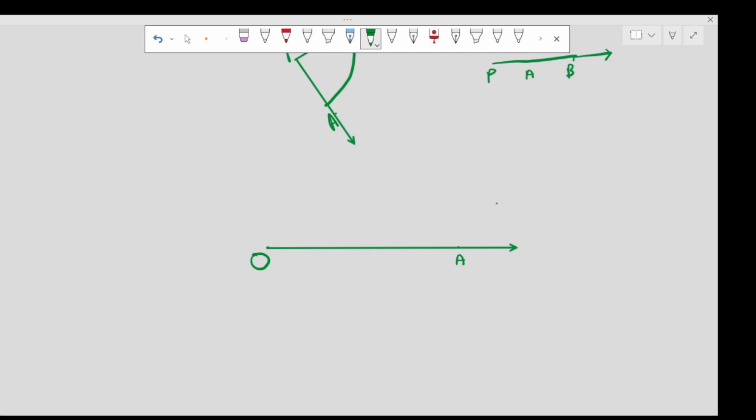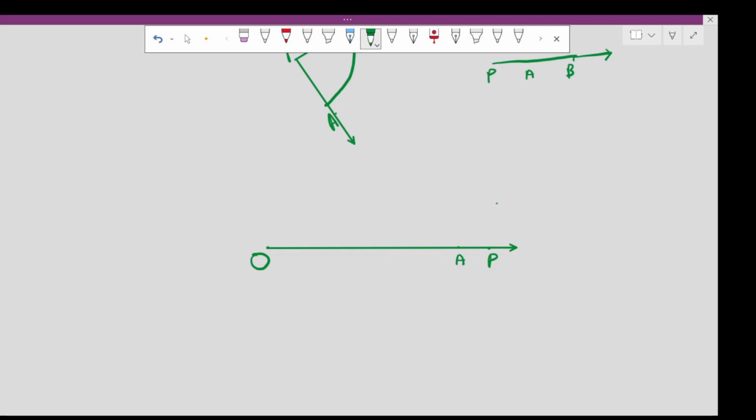Now see, suppose this line is fixed, and on the line OA there is another line OB or OP which is moving from this position. So think there is another line which is overlapped with OA, that is OP. Understood? Now the two lines OA and OP are overlapped or coincident lines. Now think about another figure, drawing another figure for better understanding.